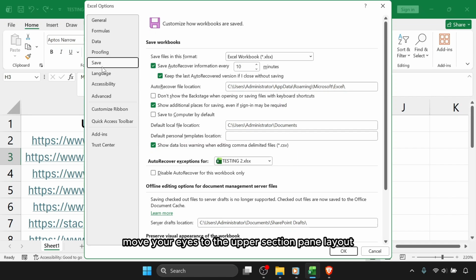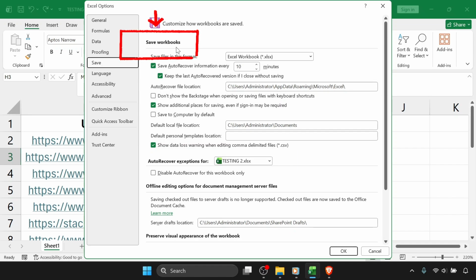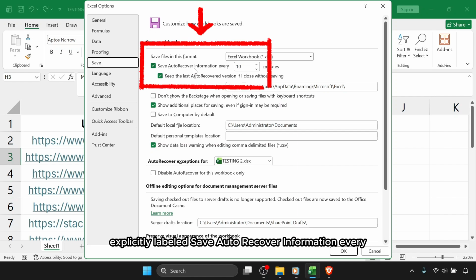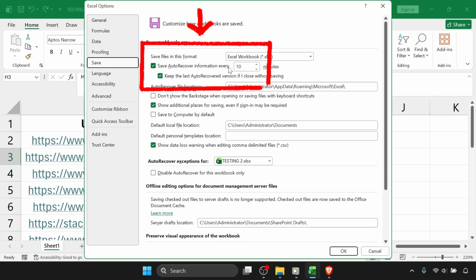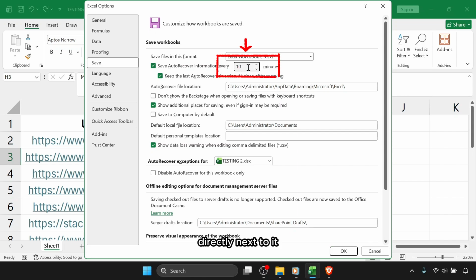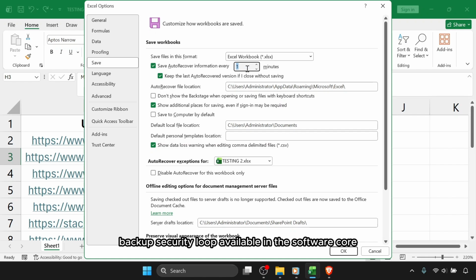Move your eyes to the upper section pane layout, which is explicitly headed Save Workbooks. Ensure there is a checkmark sitting inside the specific checkbox explicitly labeled Save AutoRecover Information Every. Move your cursor to the numerical data input cell box directly next to it, highlight the existing tracking value, and type your preferred interval time in minutes. Drop this value down to 1 to lock in the absolute fastest and tightest backup security loop available in the